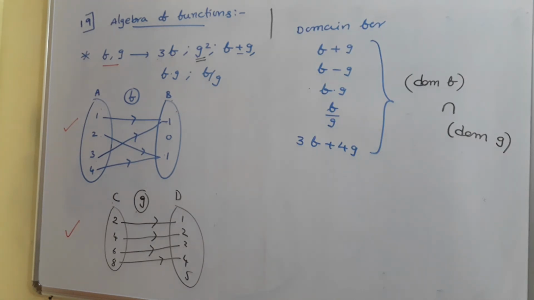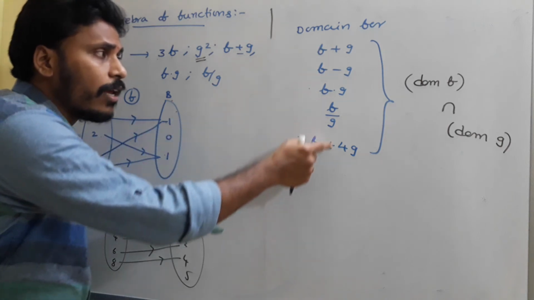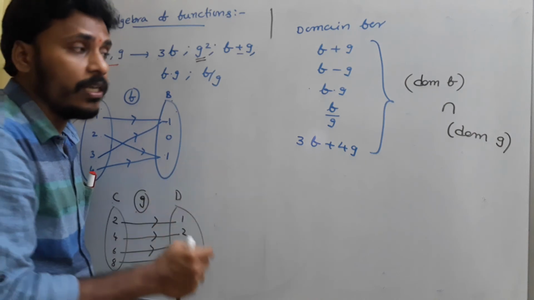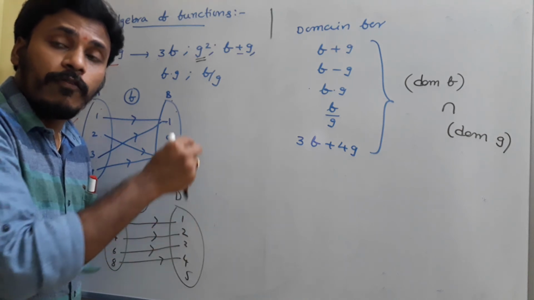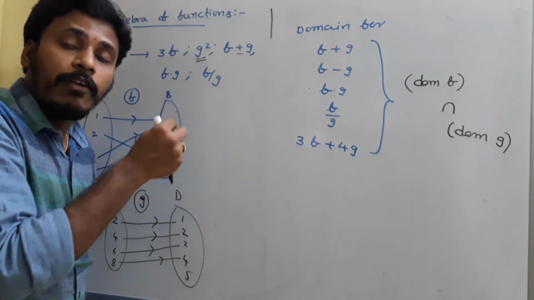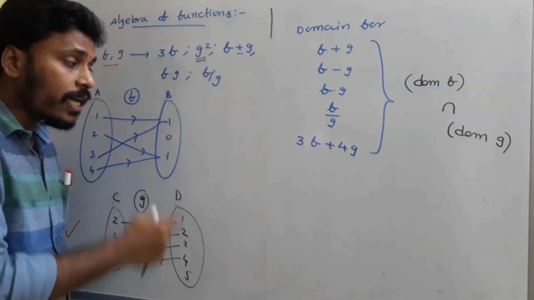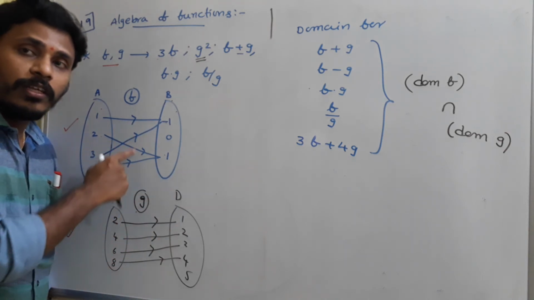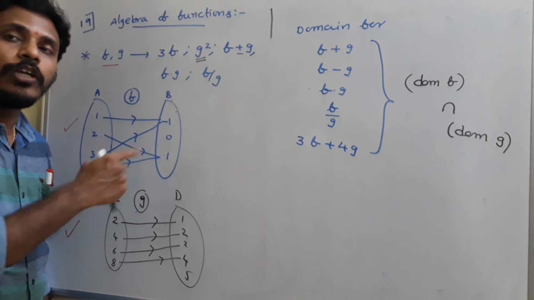So the domain for the functions, either f plus g or f minus g, f into g, f by g, or some other functions of the form 3f plus 4g, for all these types of functions, their domains are nothing but domain of f intersection domain of g. We just need to identify the common elements, common values for the domain of f as well as for the domain of g, and for those common values of x only, these functions are definable. Okay, here in particular for these examples, the common elements are 2, 4. So when you think about these two examples, the domain is just 2, 4. So you need to calculate the range.